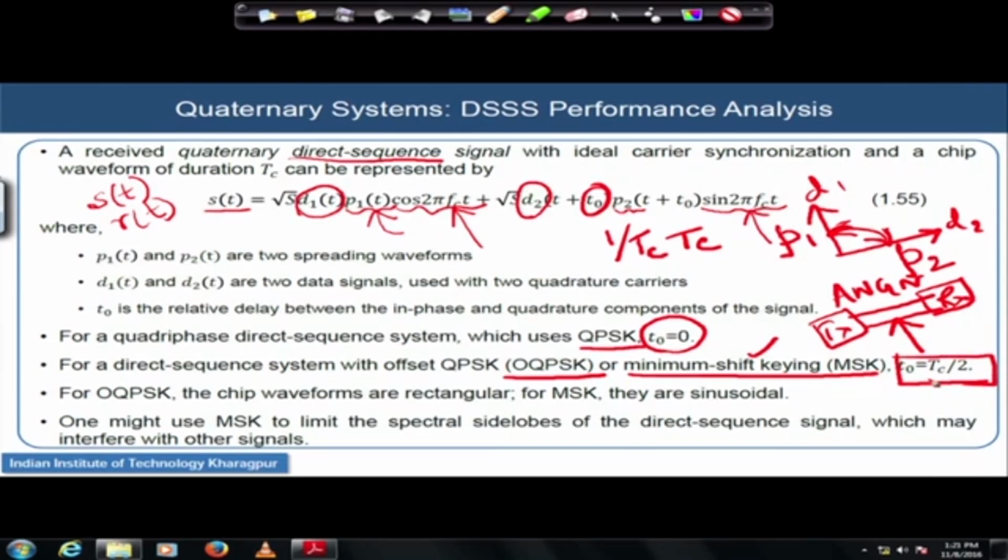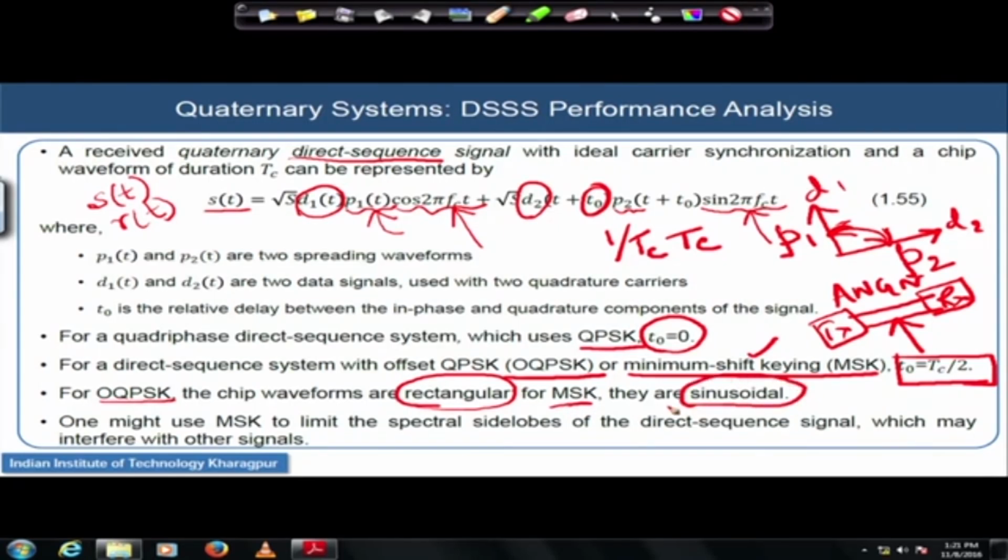2. So, for QPSK it is 0, but for MSK it is Tc by 2, and for orthogonal QPSK also it is Tc by 2. So, you would like to choose the QPSK communication over others, but remember the chip waveforms that we usually prefer to utilize. Let us finish that also. The kind of chip waveform we are referring to for OQPSK and MSK are like this. For OQPSK, the chip waveform will be a rectangular type, and for MSK usually we prefer to use a sinusoidal